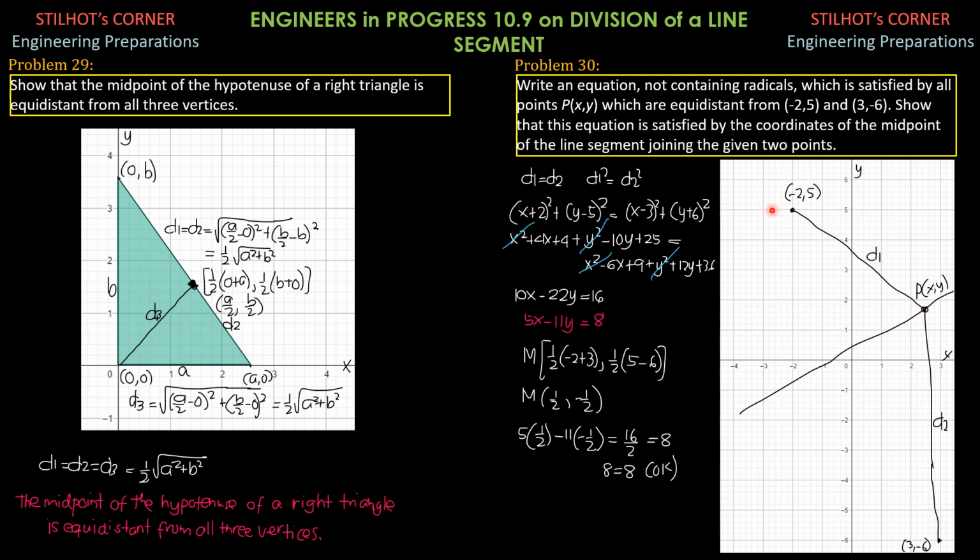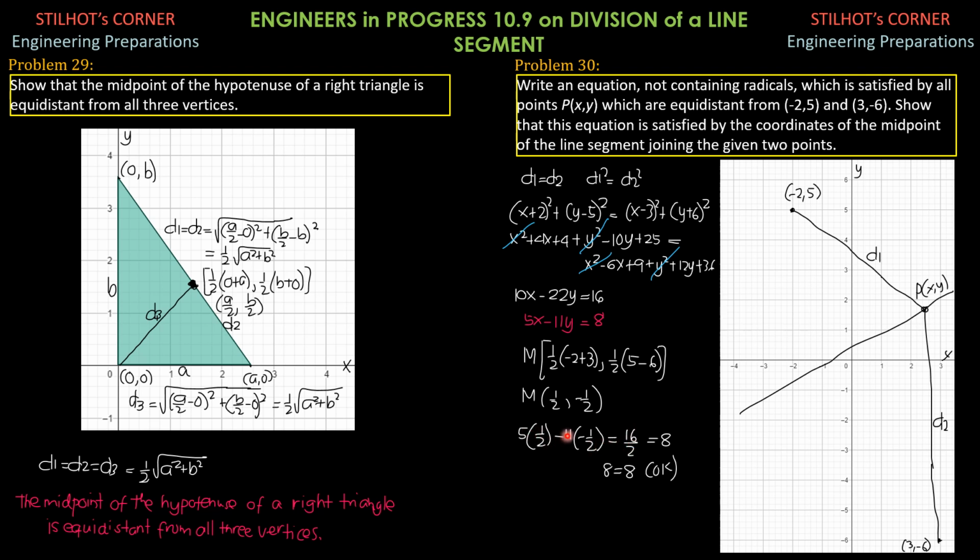Then we have to show that the coordinates of the midpoint of the line segment joining these 2 points satisfies this equation. So for the midpoint, 1/2 of negative 2 plus 3, comma, 1/2 of quantity 5 plus negative 6. So 1/2 of quantity negative 2 plus 3 is 1/2, and 1/2 of quantity 5 plus negative 6 is negative 1/2. Then substitute into this equation, 5 times 1/2 minus 11 times negative 1/2 equals